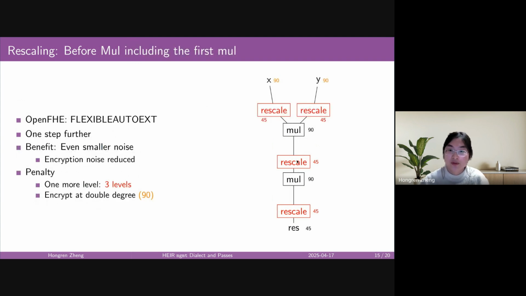Then we can go one step further by, in OpenFHE, this is called flexible auto extended, inserting rescaling before the first one, including the first multiplication. So the benefit is that it has even smaller noise, but the penalty is that we have one more level. There are 3 levels of rescaling, and we have 3 levels, and we need to encrypt at a